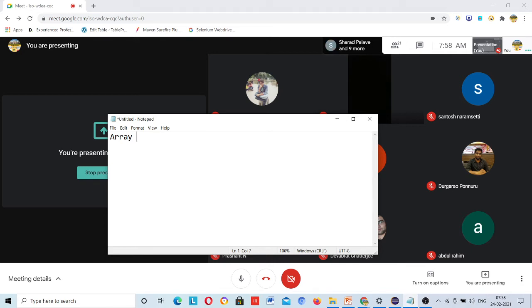Suppose I have 100 people in my team and I want to store all of my employees' data. Suppose I want to store, for example, 10 people's names, 10 people's email IDs, 10 people's passwords, and all of those things. So what will be your approach? If there was no array concept implemented in Java or any programming language, forget about collections, nothing was there. So how would you do it?